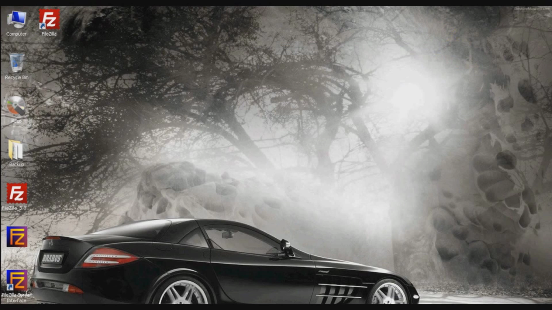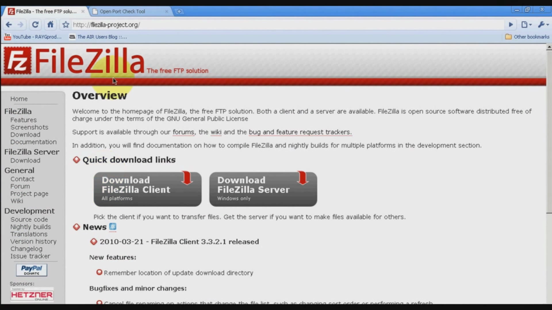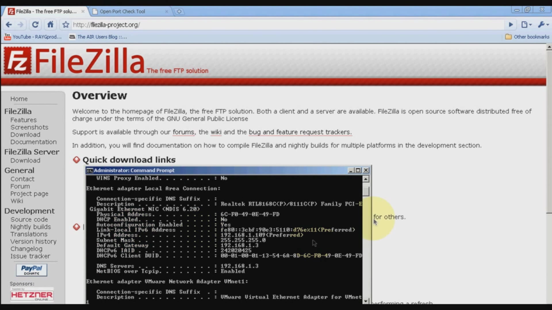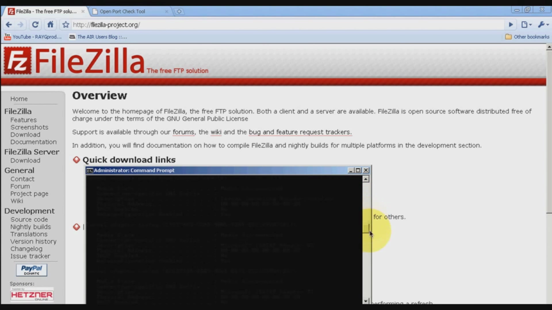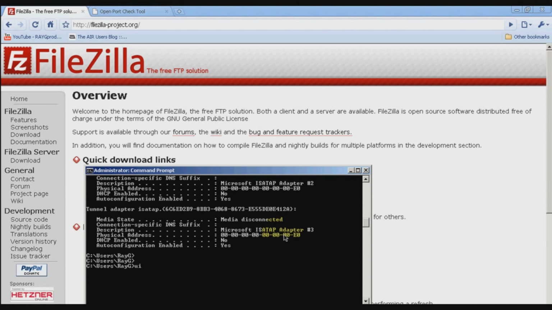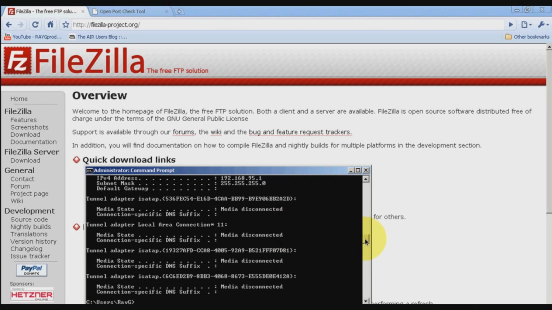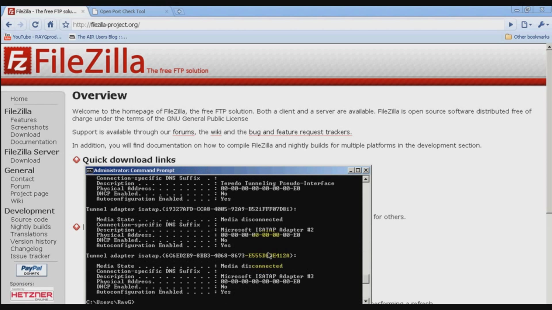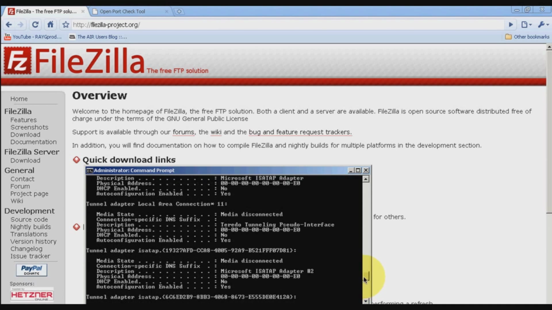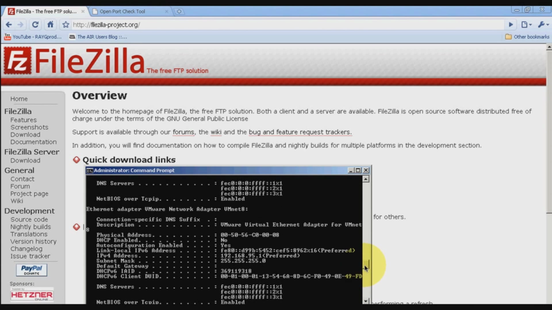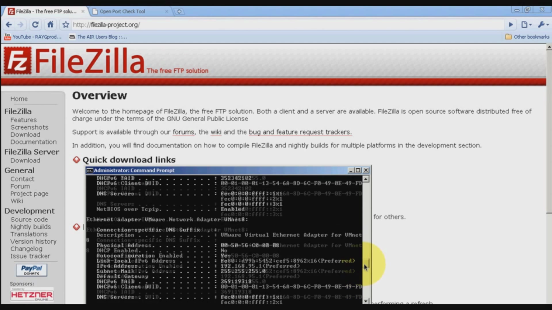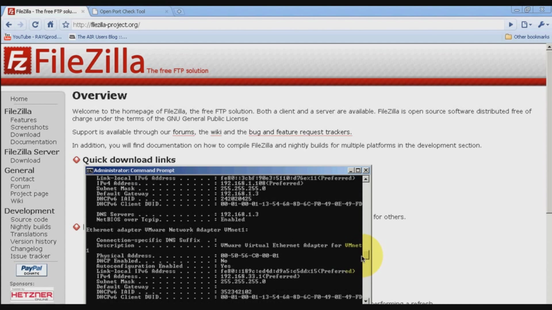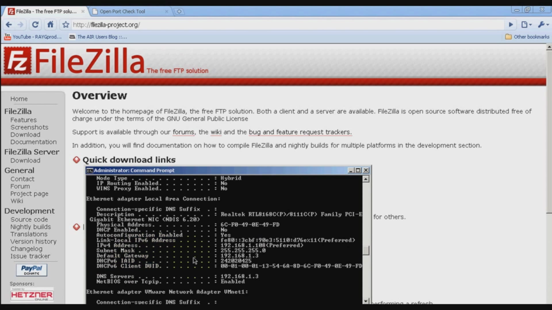So I'm going to close this. You're going to open your web browser. If you have a router, you're gonna have to log into your router. Now again, you're gonna go to your command prompt, type ipconfig, well actually, ipconfig /all. You're gonna look for that default gateway. Right here, the default gateway,